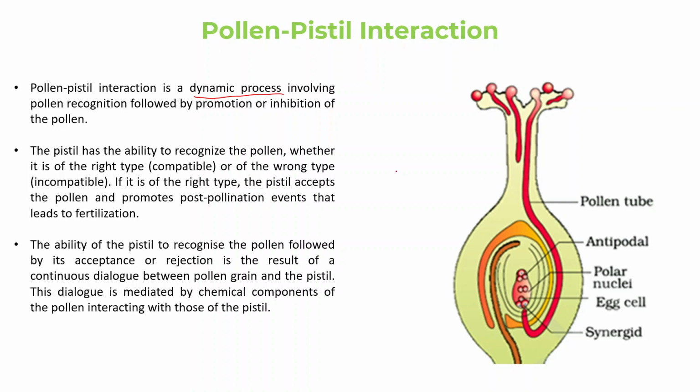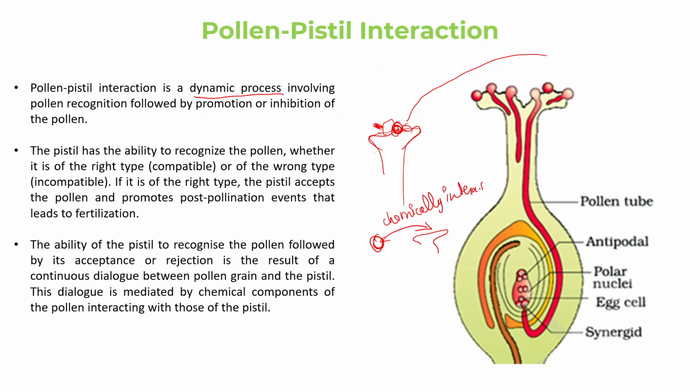What they are trying to say here is, for example, this is my stigma, and a pollen arrives here. This is a dynamic process. The stigma recognizes the pollen, whether it is compatible or not compatible. And how is it doing that? They go through some kind of dialogue, like they talk. There is an interaction between the stigma and the pollen, not that they literally talk. There is a chemical